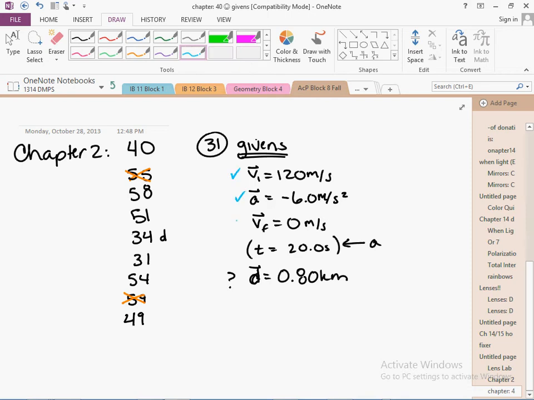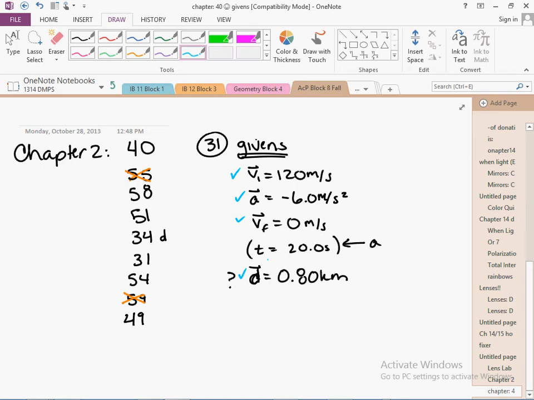But do I have an equation that has these 4 things in it? Take a look at your equation sheet. Everybody look at your equation sheet. Initial velocity, final velocity, acceleration, displacement. Check with your neighbors. See if they agree with you. Are you using the same equations as they are? Take a look. Which one is it? This one? That one? Yeah. No. Yes. Because that's the only one that is